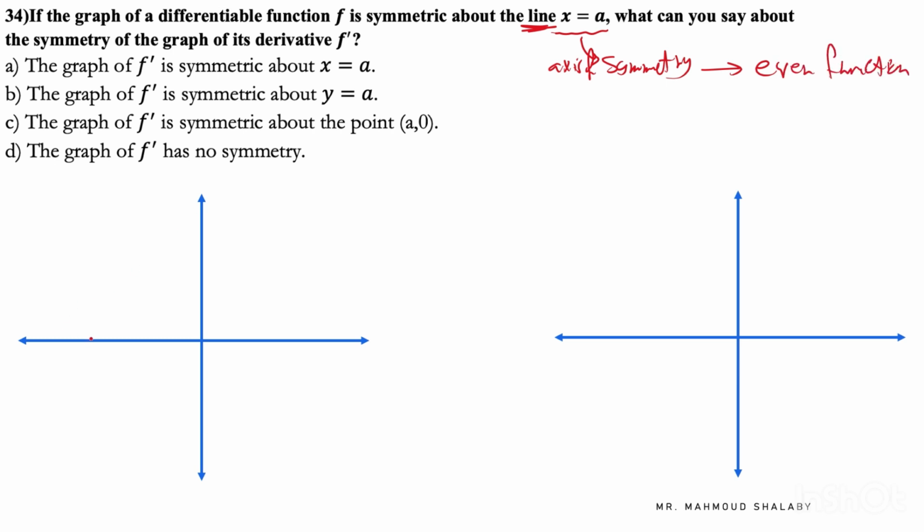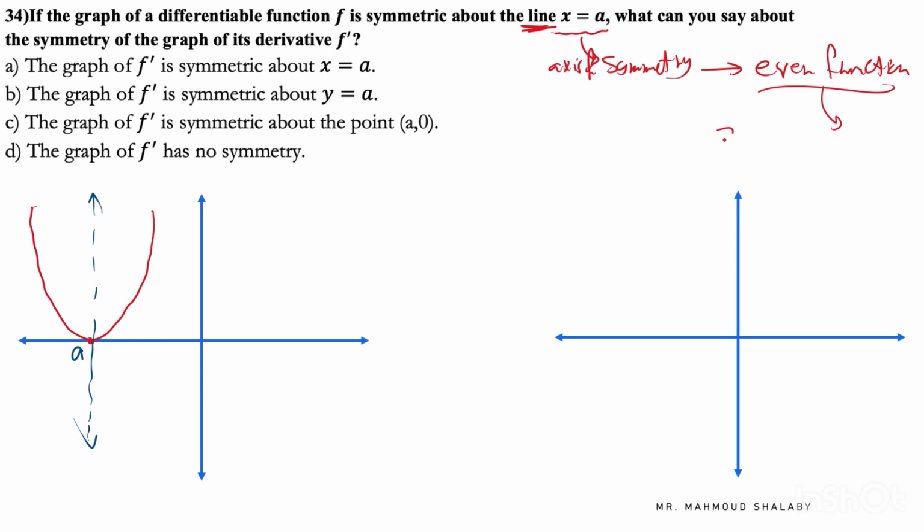So I will choose the point A at x equals a, like let's say here. I will draw a symmetric graph here. Now I will draw this axis of symmetry at x equals a, as we said. So this is an axis of symmetry, and I know now it's an even function type. Now, if it's an even function and I want to draw its derivative, the derivative, if it's an even